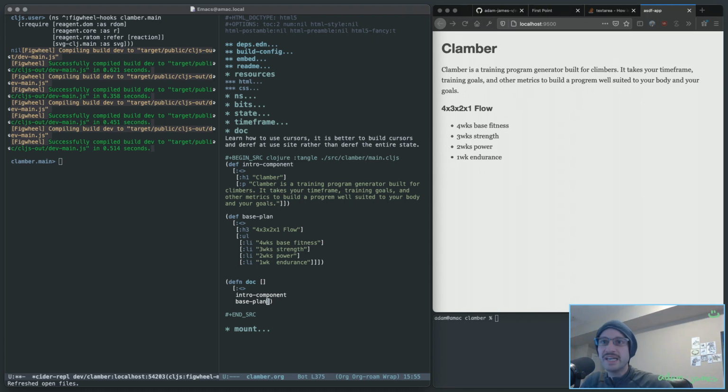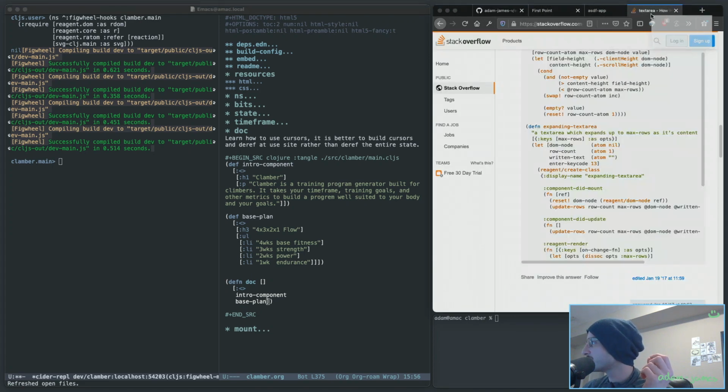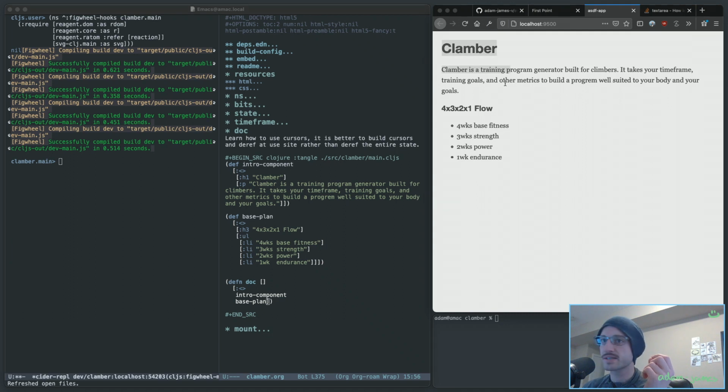So this maybe is a peek into my brain a little bit. I have two main projects going on right now. Well, I should say I have three. The two that are for other people are one, 2D designs for quilt patterns and stuff like that, which you've very likely seen before. It's still stuff like this, 2D diagrams with SVG. This one is called Clamber. It's another app idea that I'm mocking up basically for someone who is a boulder climbing instructor, and he had the idea to see if we could make a sort of